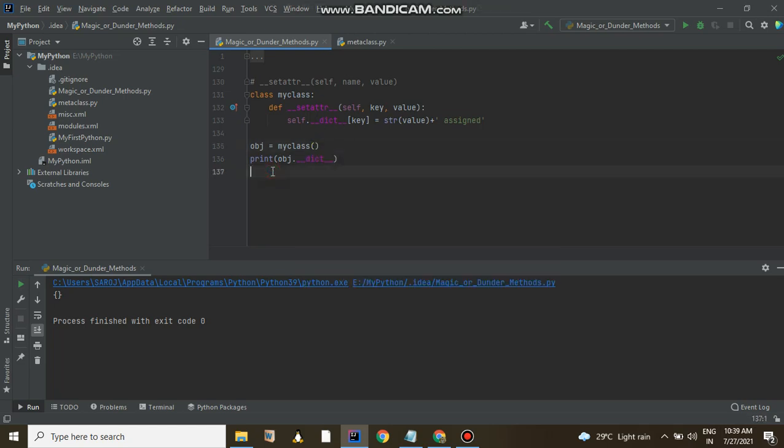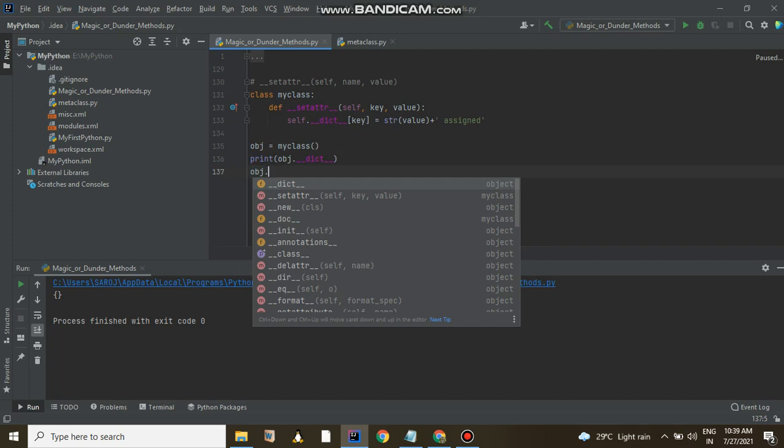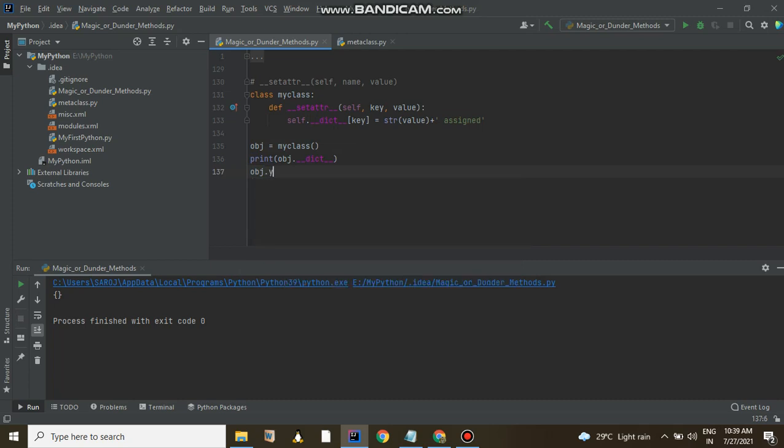I am going to create an attribute a and assign a value 1 2 3. Then I print it again. You can see a becomes the key of the dictionary, and the value is 1 2 3 assigned. 1 2 3 becomes a string, and I am adding 'assigned'.